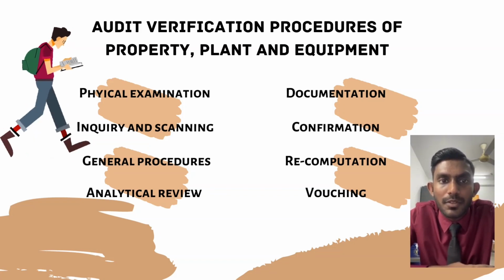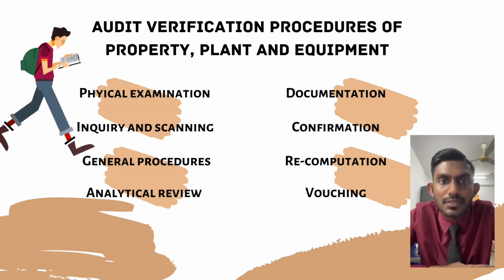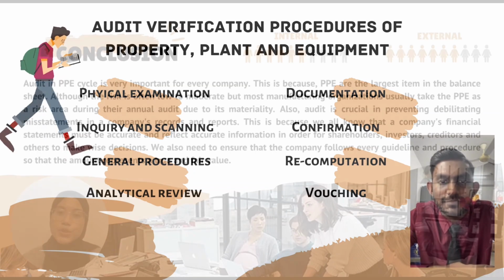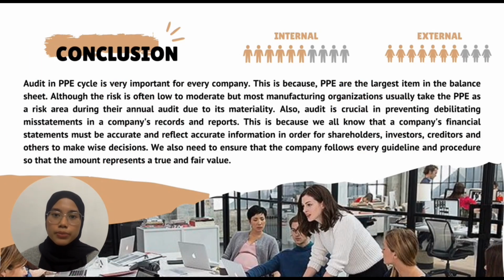The final audit procedure is vouching, where the auditor has to check minutes of meeting for approval. Thank you. So the last one I will talk about is the conclusion, which is after making a report, we know that